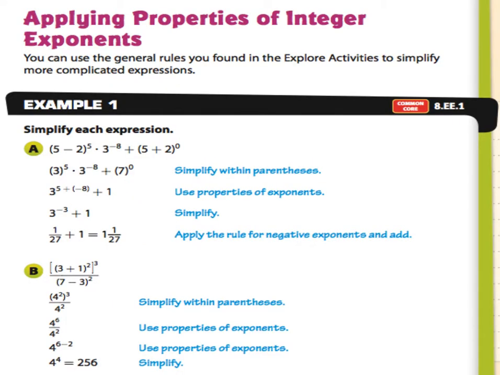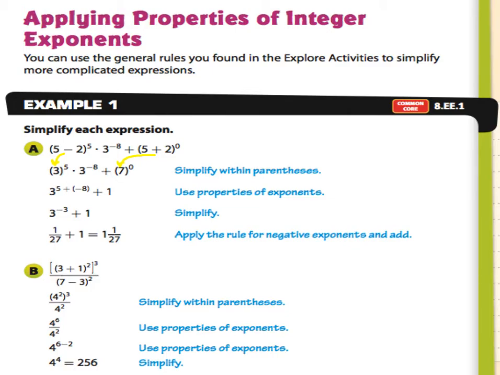All right? So when you're working through problems and simplifying them, you still have to go through your order of operations. So here you'll notice that what we did first was we had to do the 5 minus 2, because that was inside parentheses. And then I could also do the 5 plus 2, because that was inside parentheses. The next step is to do